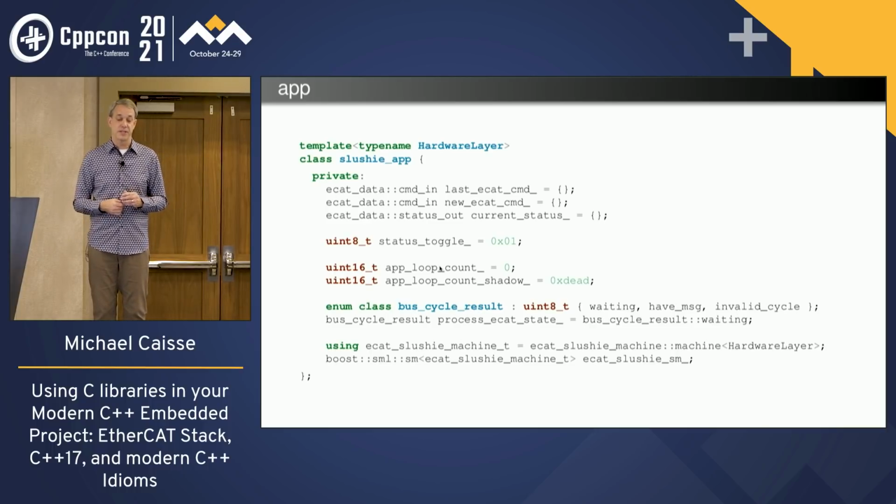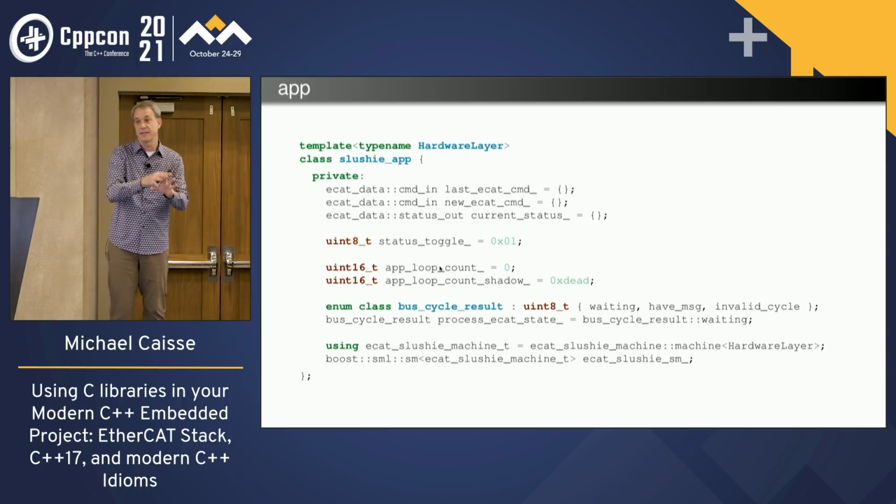There are things that are sitting here, in fact, it even has the word state in it, process EtherCAT state. It's either waiting, have message, or invalid cycle. And that looks like it should be in the state machine, right? Had I taken one more pass at this, the next pass would have this inside of the state machine. It would not be this separate state that's living somewhere else.